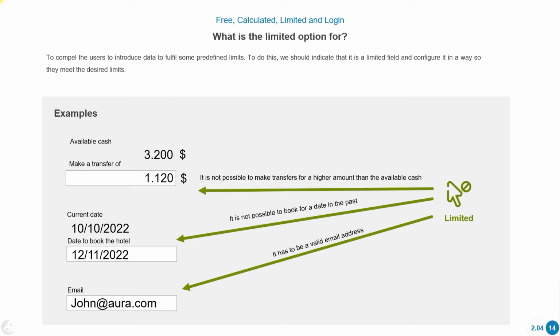Here we have the available cash and make a transfer one. For example, I want to disable any transfers for a higher amount than the available cash. So I want that I can only add an amount here that is always lower than the available cash we have. So we set up this make a transfer field as limited, so the value is never higher than the available cash. We also have the book a hotel field,